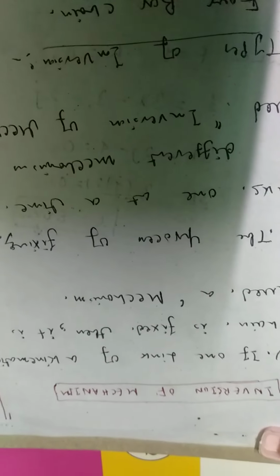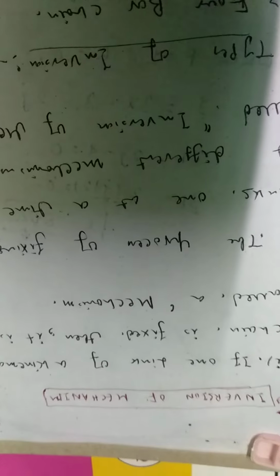This 4-bar chain, as you can see, is the simplest and most basic kinematic chain, and it can also be known as the quadric cycle chain. It consists of 4 links, each of which forms a turning pair. Now these 4 links may be of different lengths,